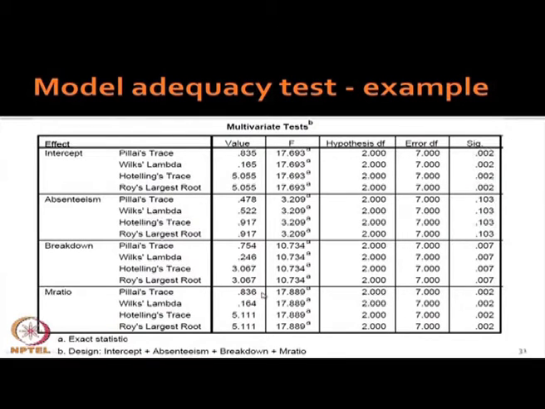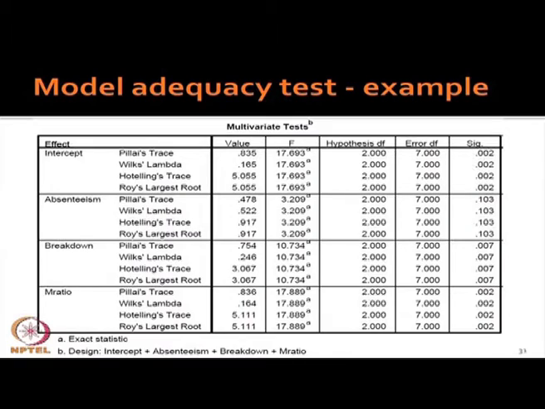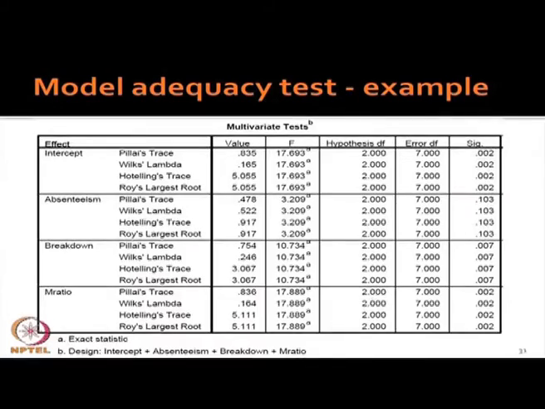So, what are we saying in a nutshell? We are saying here that you are going for a model adequacy test by a similar F test, like in the case of multiple regression ANOVA, but here also you are doing this and you are finding out that yes, some of the variables are contributing, so multivariate regression is required. Now, go to the next one.